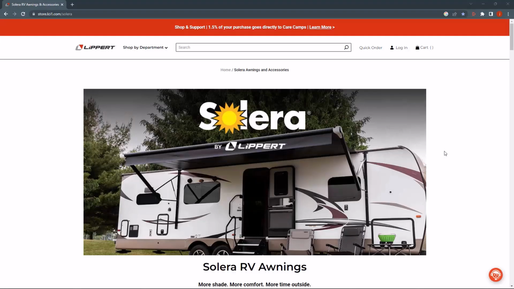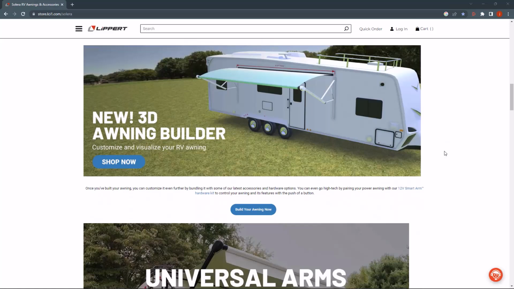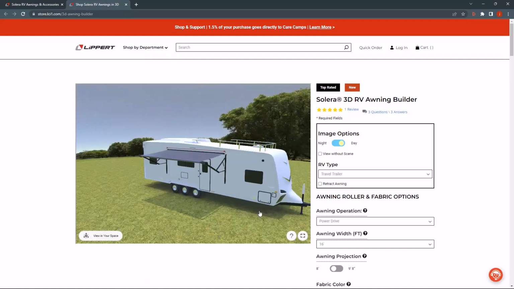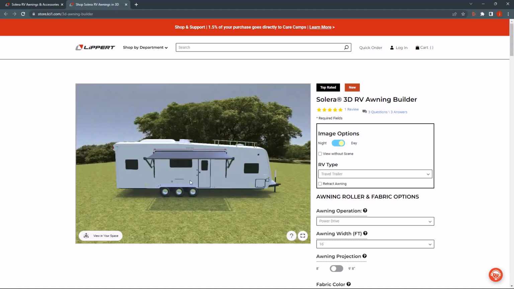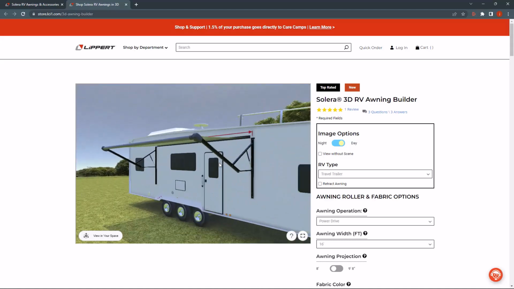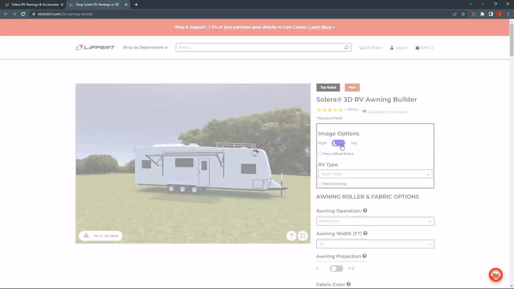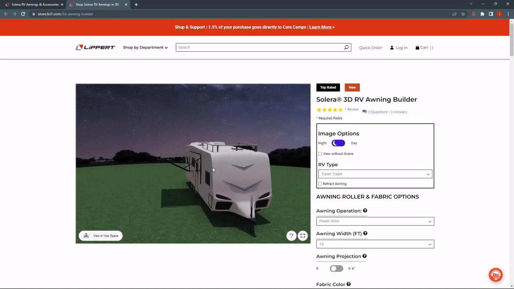Lippert has deployed Infor CPQ into their e-commerce site to support a build-your-own experience with their new Awning Builder. The Awning Builder leverages the Infor CPQ visual configuration capability to allow users to interact with their products in the scene related to where their products would be used to give them a good visualization of how their product fits to meet their needs. In this example here, you can see changing the scene from night to day gives us